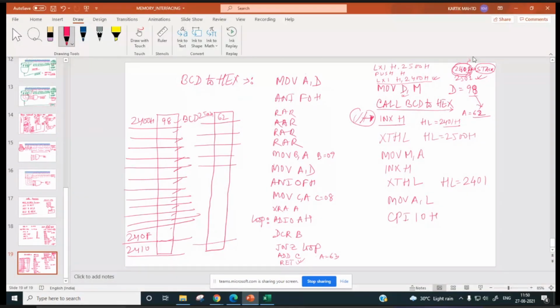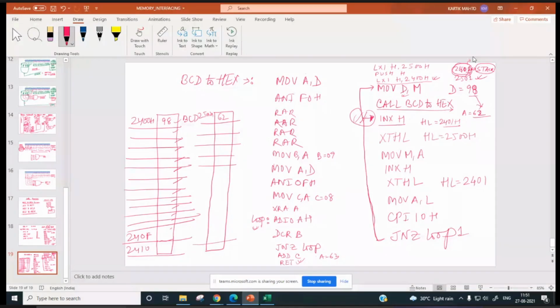JNZ loop. So where will loop be? Where will this loop go? Loop 1 I should write because one loop is over here. Where exactly will this loop go? Sir, INX H. No, it will come here, on move D, M. Because INX H we have already done, no?